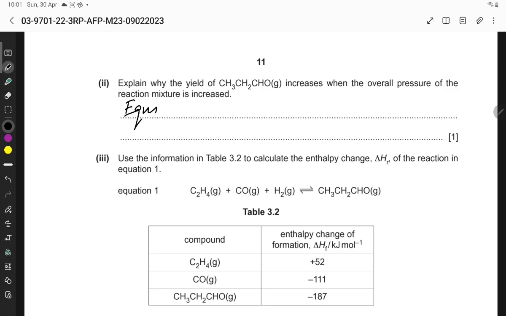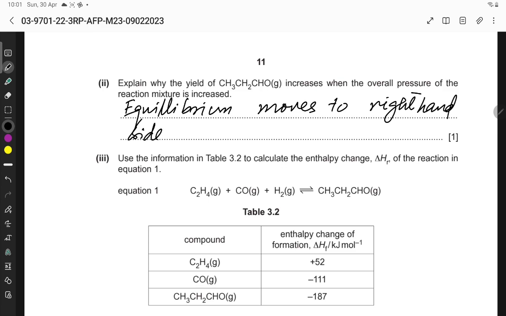Equilibrium moves to the right hand side as there are